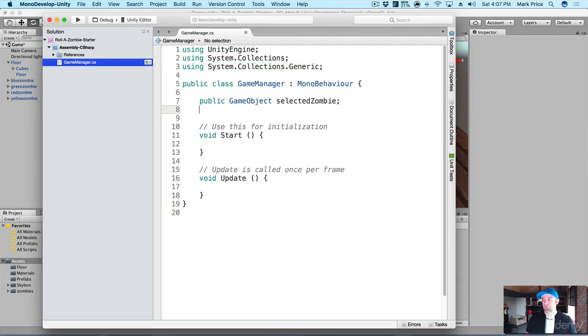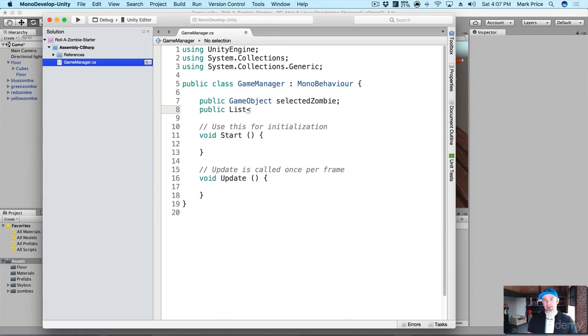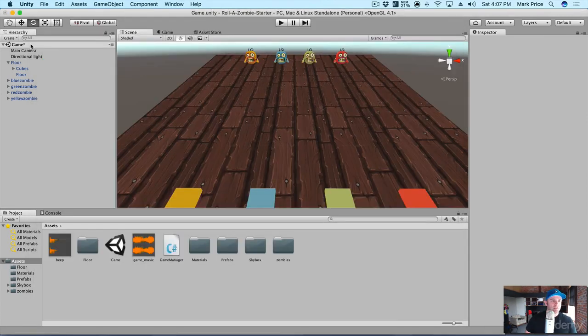And what we're going to do is say public List, and then the less than sign, GameObject, greater than sign, and we're going to call it zombies. Again, if you don't understand what's going on, that's completely fine. We're just building a game here and having fun and showing you the world of game development. So what's really interesting is I made these public using the public keyword, and if I save my file and go back to Unity,